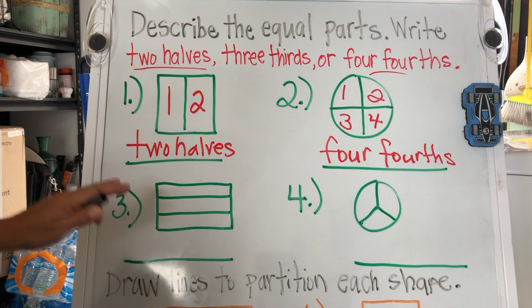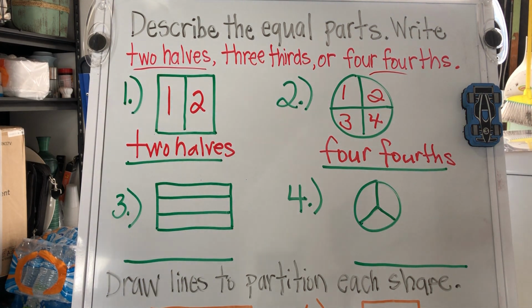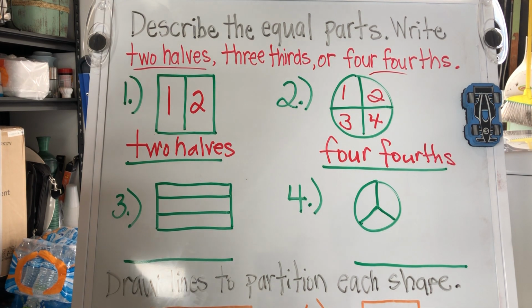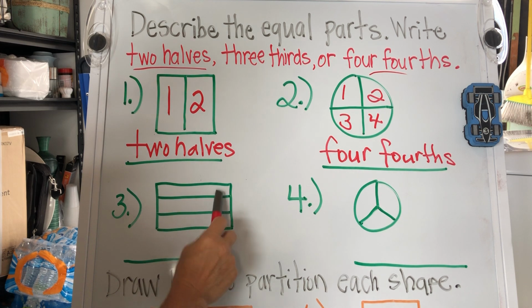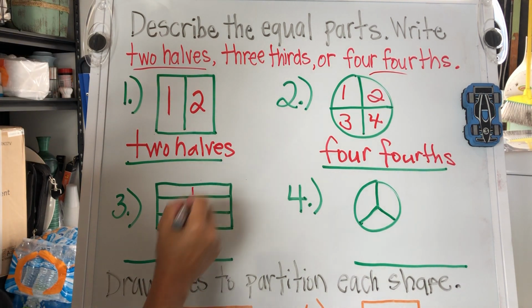Alrighty, now we're going to try number 3. So I want you to take a look at number 3. How many partitions or how many sections do you see we divided this rectangle into? 1, 2, 3. So let's number them. 1, 2,